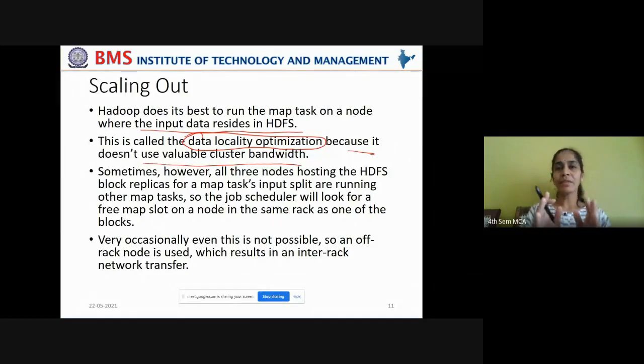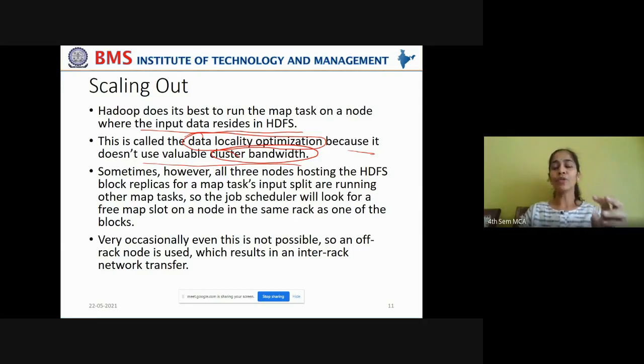Say there is a data node where the data resides. You're assigning the map task to that data node. Data is local to it, so it quickly executes the task. Now, consider a scenario where the data node where the data resides is not free to execute a map task. Then what will happen? Hadoop has to locate another data node which is free to perform the map task. And if the data doesn't exist there, then the data has to be transferred, no other way, which will consume the cluster bandwidth. You understood the disadvantage?